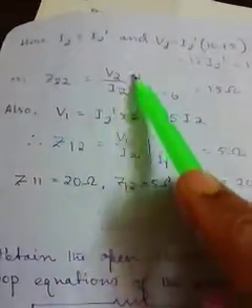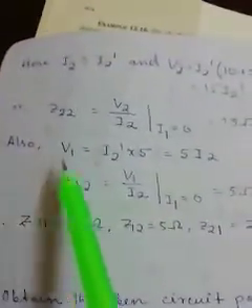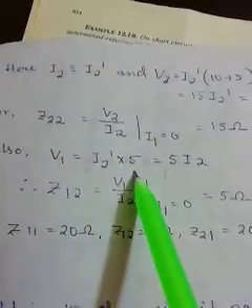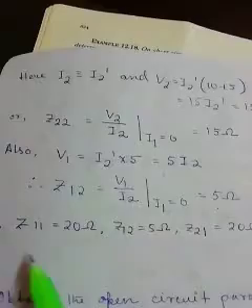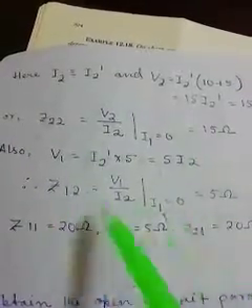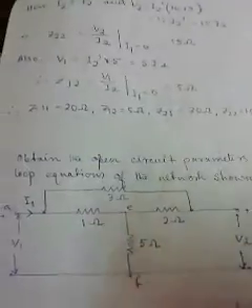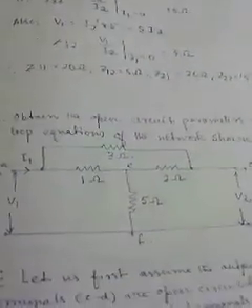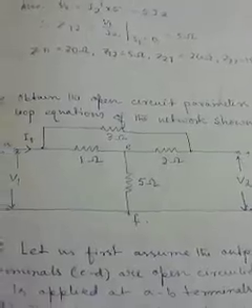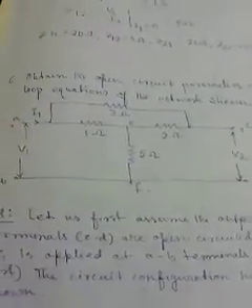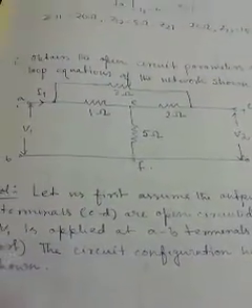So Z22 should be V2 by I2, 15 ohm, very simply we can get. And V1 should be equal to I2 prime into 5, or 5 I2. So this calculation is very simple actually. You have to just understand the circuit configuration and redraw it properly at a different step. Okay, after discussing the fifth problem, next we come to this sixth problem.